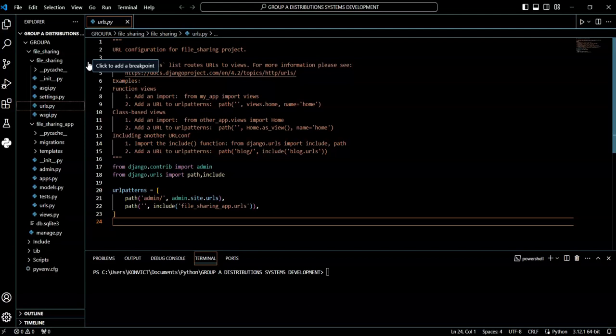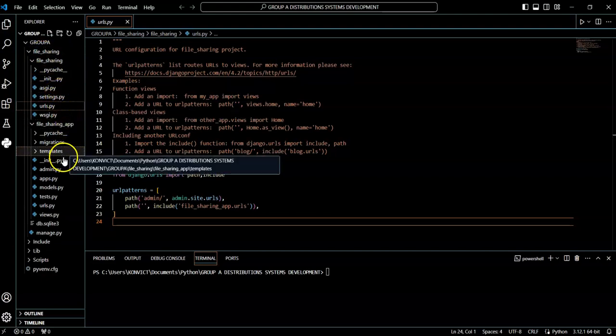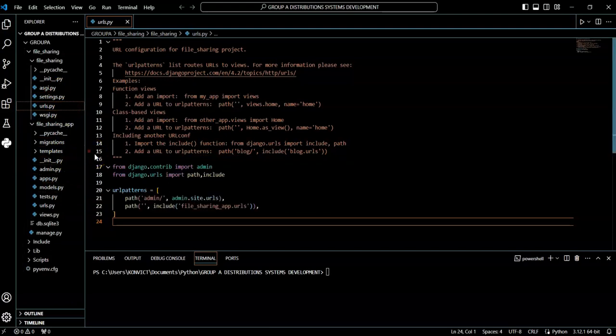So before the creation of the project, we installed Django using the command pip install Django. And when you are installing anything online, especially on Visual Studio, you must be connected to the internet throughout. That's when you will be in a position to add those plugins and all necessary applications you need. So after installing Django,